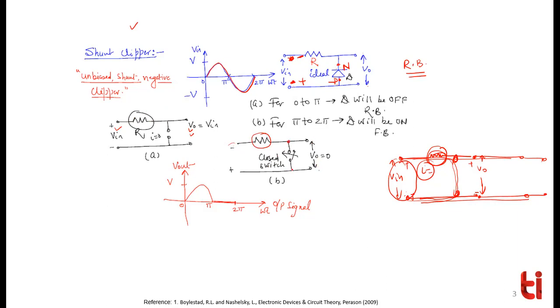Brother, you are taking the output voltage across this line. Across this line there is no dropping element in between. If there is no dropping element in this line, output equals 0. Or simply you can apply KVL, whichever you prefer. Put plus minus here and apply your KVL. The current direction is not like this, the current direction is from P to N. So the current direction is something like this. So this is plus minus, and this plus minus cancelled out. V naught equals 0.